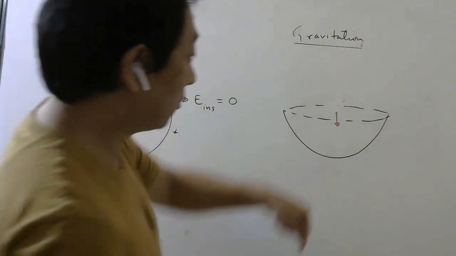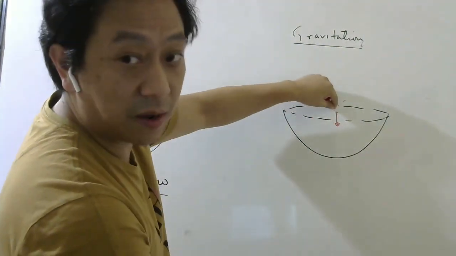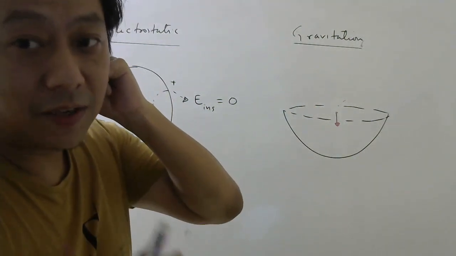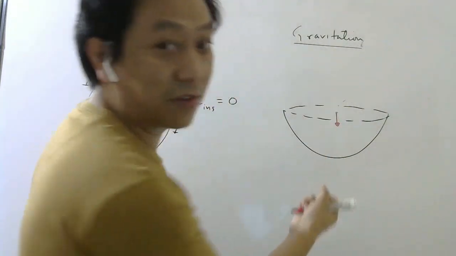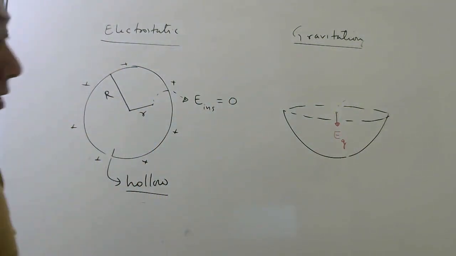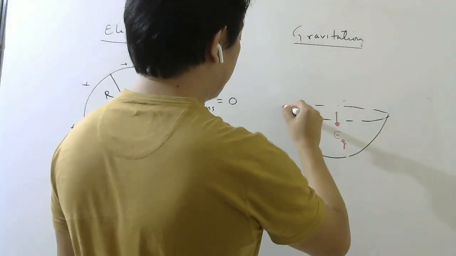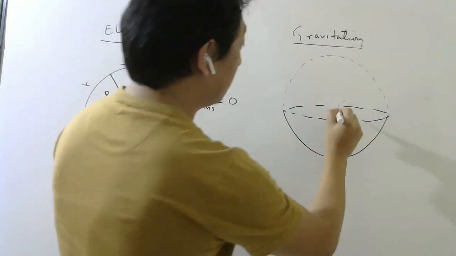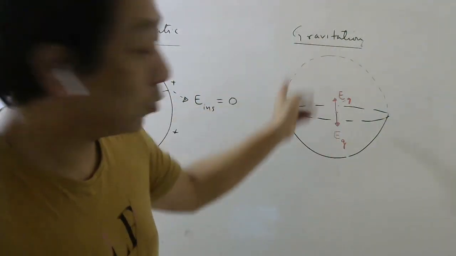Why does it have to be that way? First of all, the mass is here. So if you put any unit mass here, it will be attracted this way. Gravitational field is nothing but gravitational force per unit mass, so if you put a unit mass here, it will be attracted this way. So gravitational field will be that way only. Understood or not? And it has to be that way so that when you add the upper half, the upper half will produce the same field this way. So total will be how much?